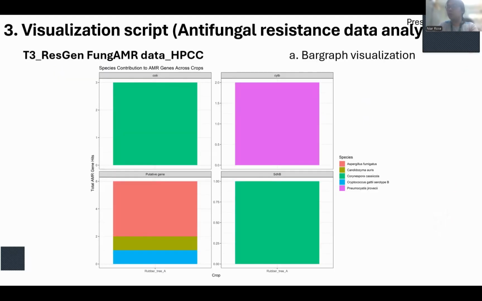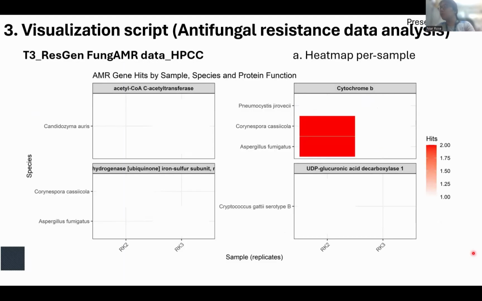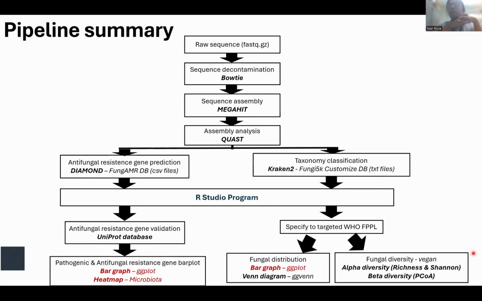So I'll give you the recap, the summary of the pipeline. So the first part was already done by my friend Vikram. The raw sequence from the FASTQ GZ, we process it with BBDuk to decontaminate the sequence and then assemble the sequence using MEGAHIT and assembly analysis by QUAST. Then we use Diamond to predict the antifungal resistant gene, and then Kraken2 for the taxonomy classification